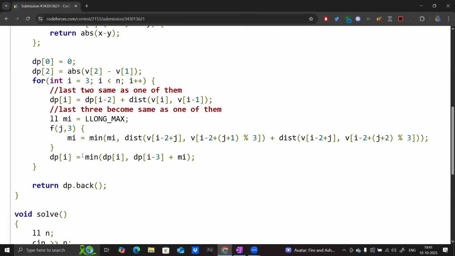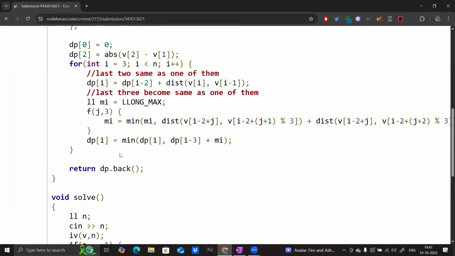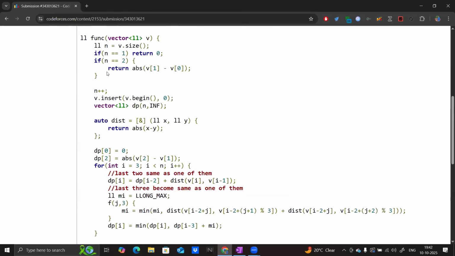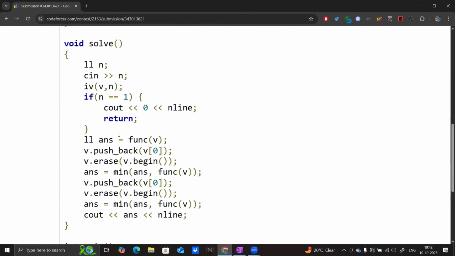And finally, one of my possible answers, if I take the group of 3, the last 3 group, then the answer is dp of I minus 3 plus mi, and I will take the minimum with dp of I. Either this is the answer, dp of I minus 2 plus absolute value of vi comma vi minus 1, or this is the answer, dp of I minus 3 plus mi. So I'll take the minimum of them, right? And finally just return dp dot back. Dp dot back means dp of n, right? So this is the function which calculates the linear answer, and then I will just